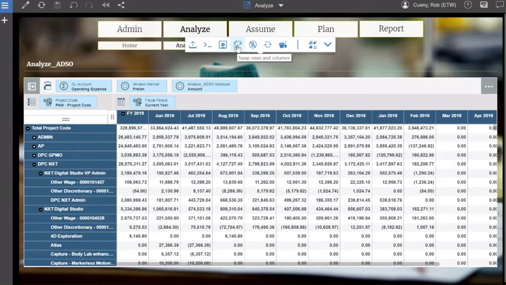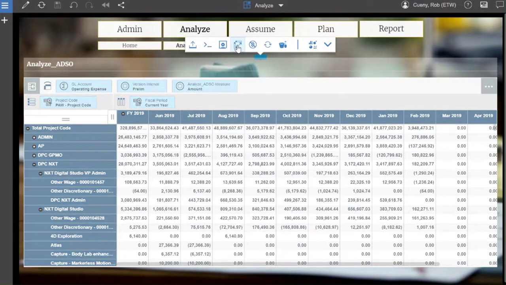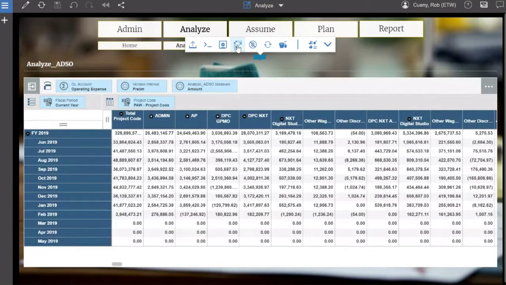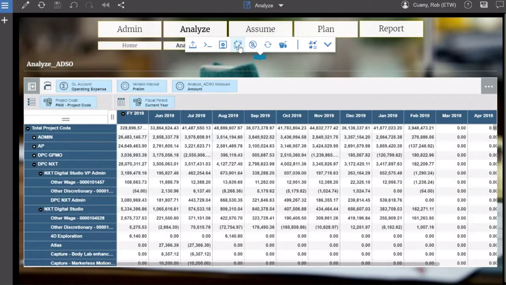The next is swap the rows and columns. So in this case, we have project code in the rows and fiscal period in the columns. So clicking on this will swap the two. If I wanted to compare month over month, you can make that a little bit easier. And it really just does depend on the data that you have exposed. What I'll do is actually click that again, and it will undo that. Next is suppress zeros. So in this case, you can see that we do have some zeros